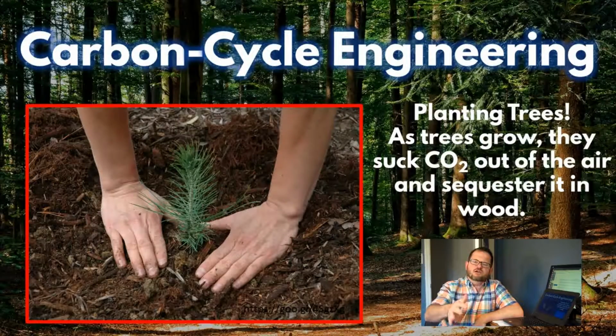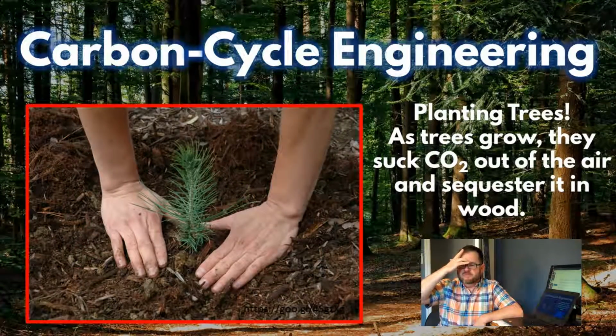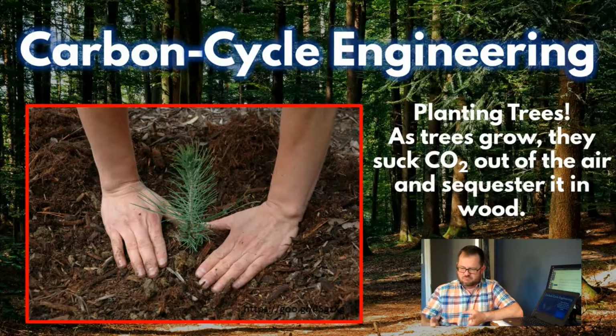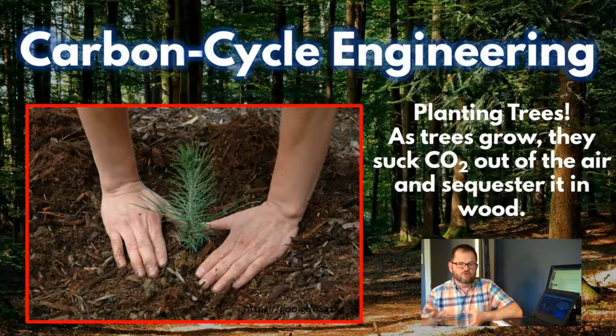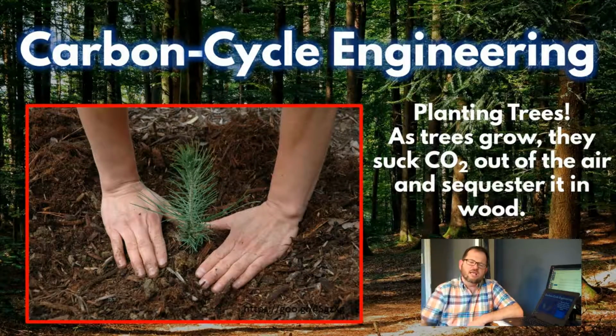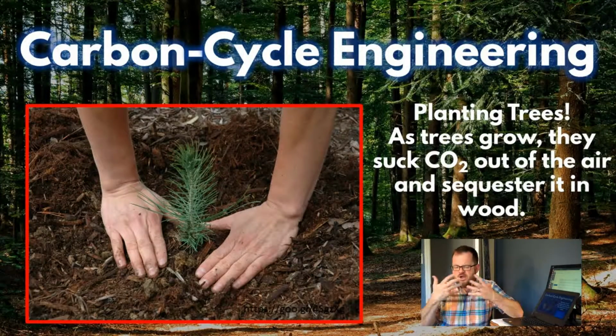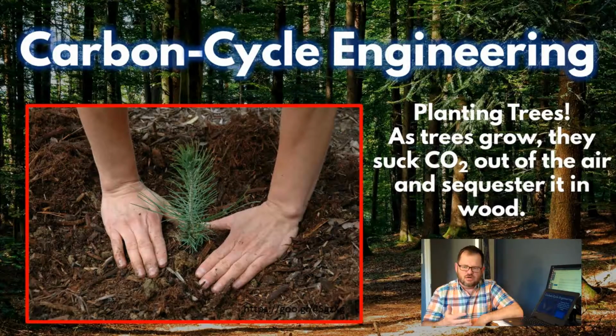Over the course of the year, the corn grows, it extracts carbon dioxide from the atmosphere, but then when the corn plant dies, bacteria and fungus and things like that in the soil break the corn husks and the corn stalks down and release the carbon dioxide back into the atmosphere. The actual kernels of corn get turned into food and we consume them and respire the carbon dioxide out. There's an annual cycle. In the course of a 12-month cycle, there's no net change to the carbon cycle for